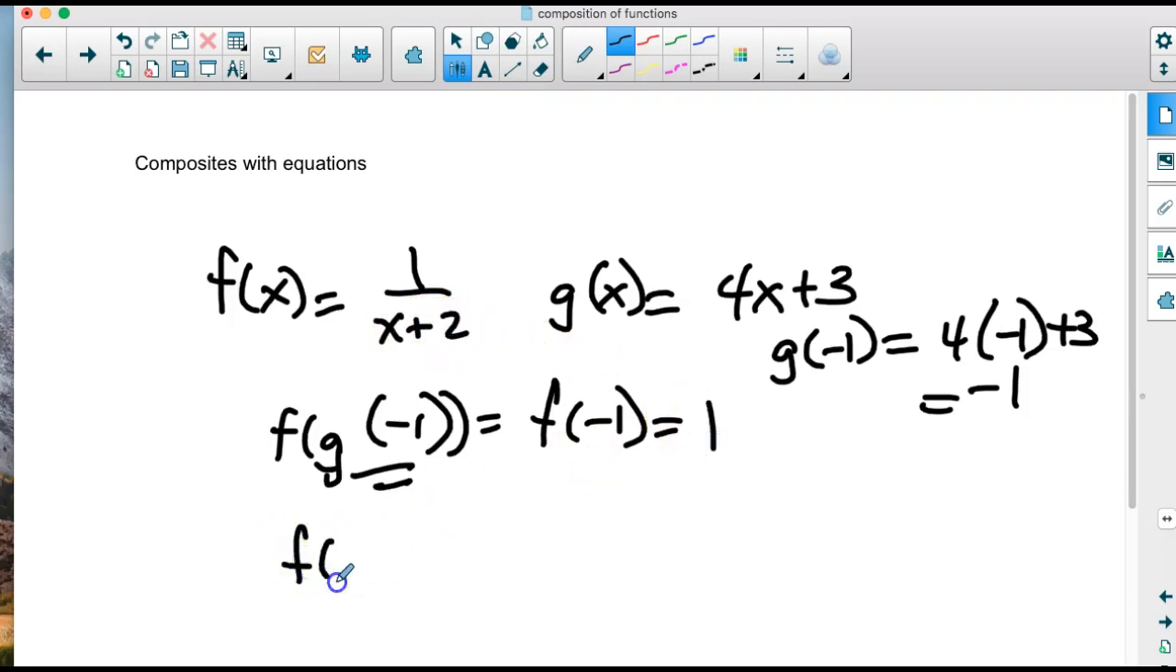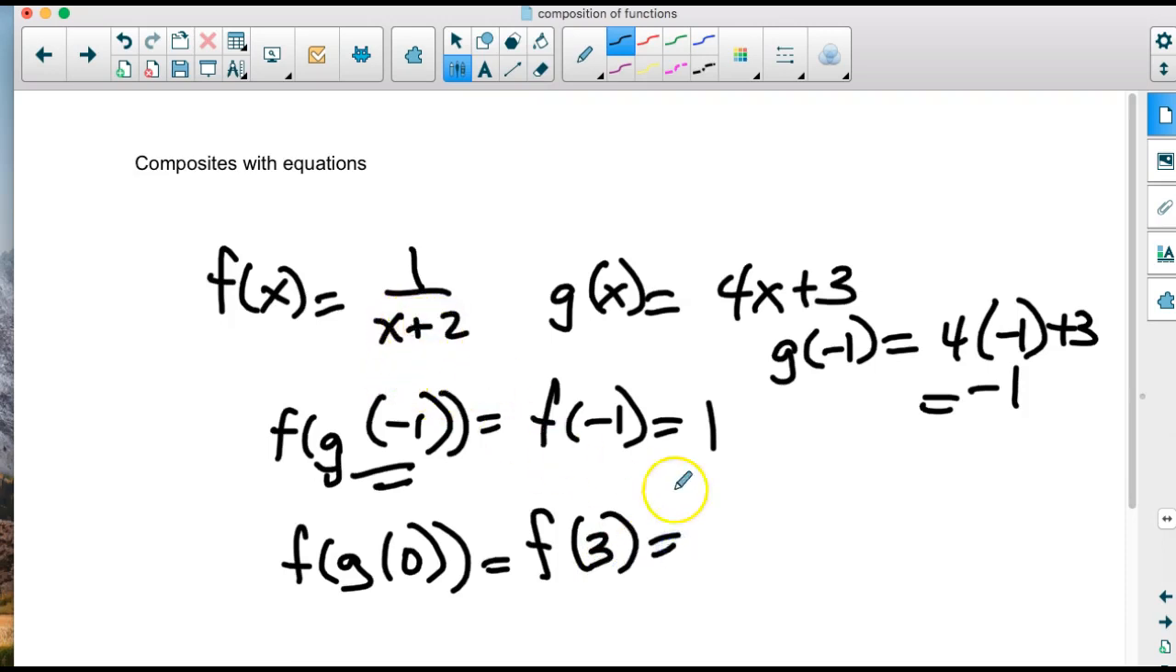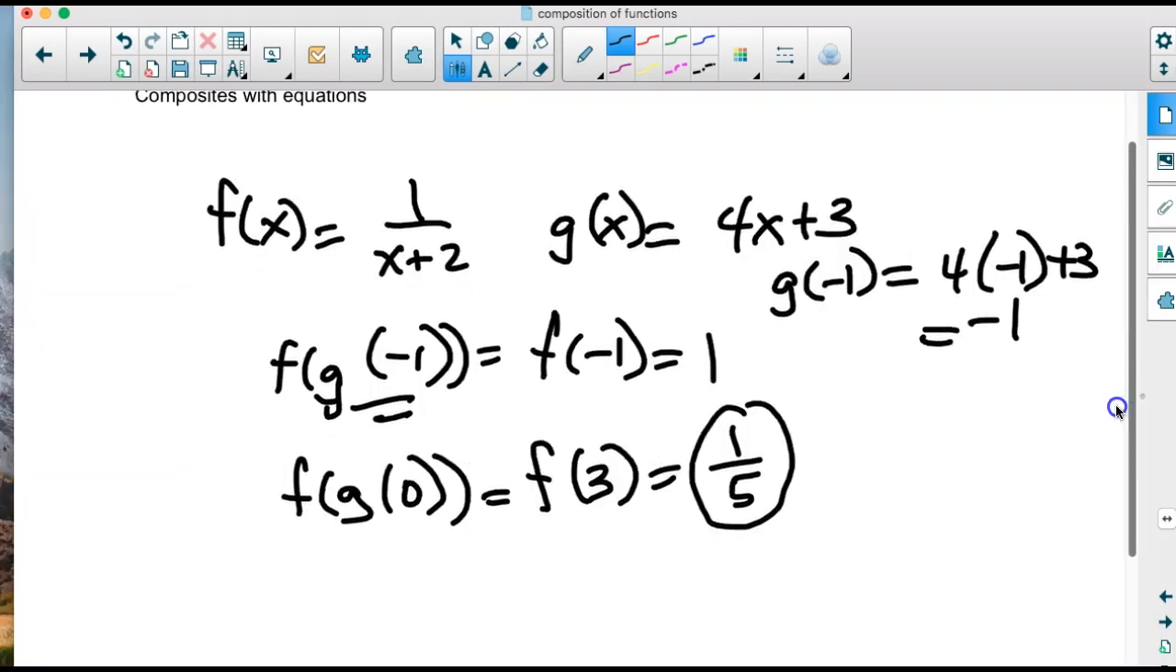So let's try a little bit more complicated answer. Let's try 0, f of g of 0. So if we put 0 in here, we're going to get f of 3. And then we put 3 in here, and the denominator would be 5. So this is f of g of 0. So we can plug in values. Okay. The other thing that they're going to ask you to do is write a